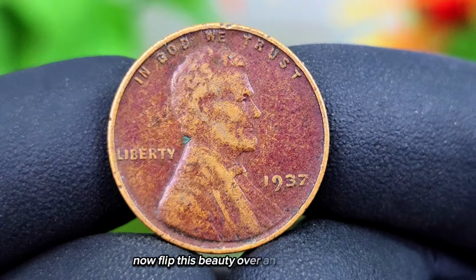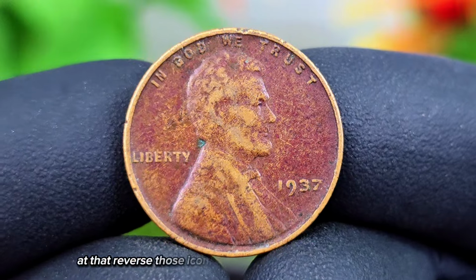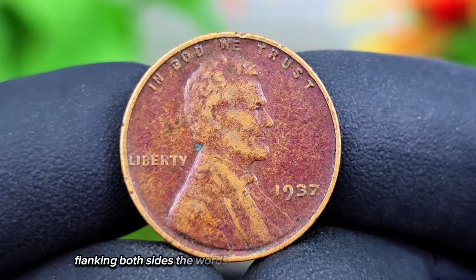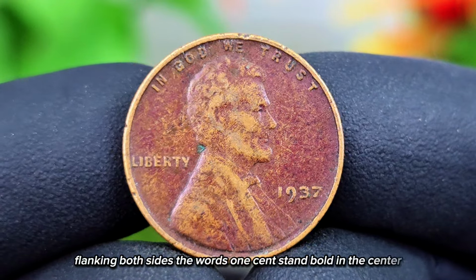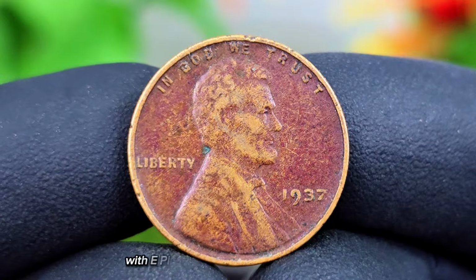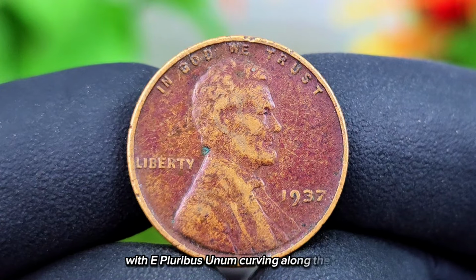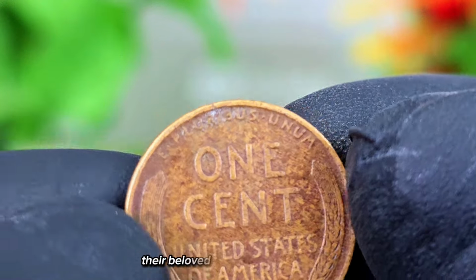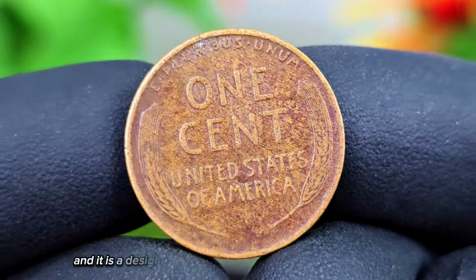Now flip this beauty over and take a look at that reverse. Those iconic wheat stalks are still clearly visible, flanking both sides. The words "1 cent" stand bold in the center, and you can read "United States of America" along the bottom with "E Pluribus Unum" curving along the top. This reverse design is what gives these coins their beloved Wheat Penny nickname, and it is a design that collectors